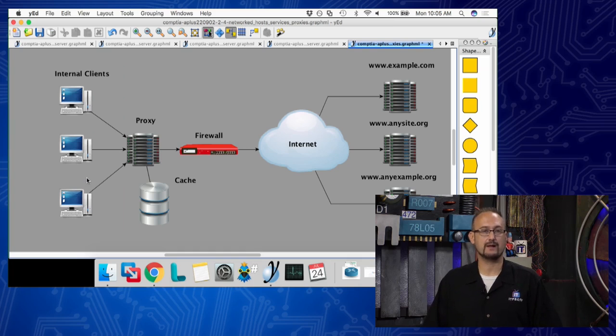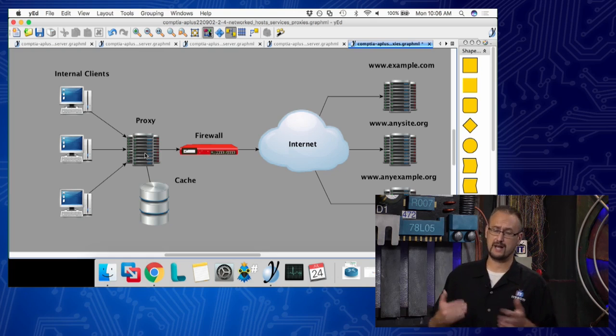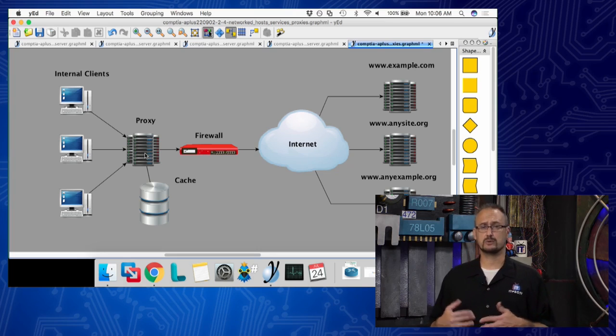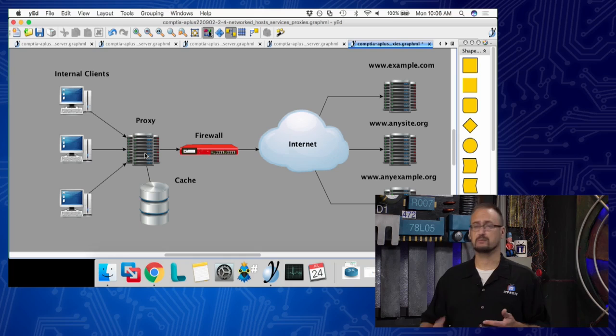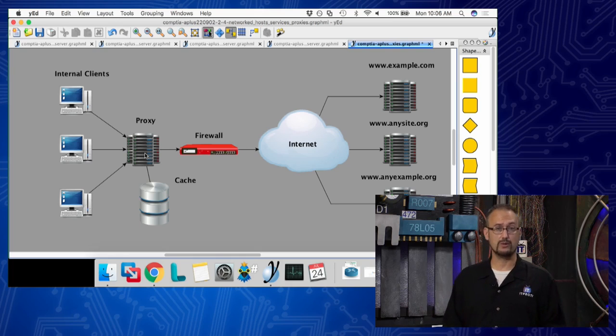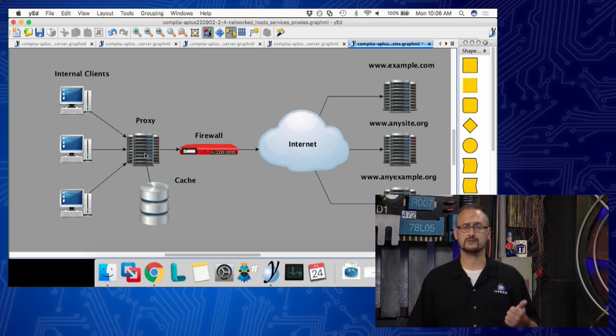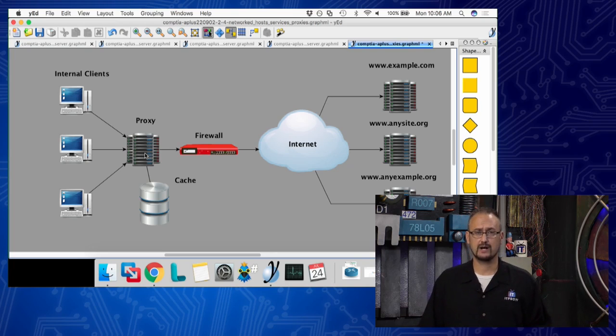Now, the other great thing about this is on the proxy, you can control what sites can be seen. You can do things like content filtering, sometimes called URL filtering. You can base it on keywords and stuff. Certain websites shouldn't be viewed at work, and there are some that are obvious. But even things like online gambling, maybe you don't want people going to. Maybe you don't want your end users within your business chewing up your bandwidth by streaming Netflix, doing media streaming. So you can control that. The other thing is you can control who has access as well.